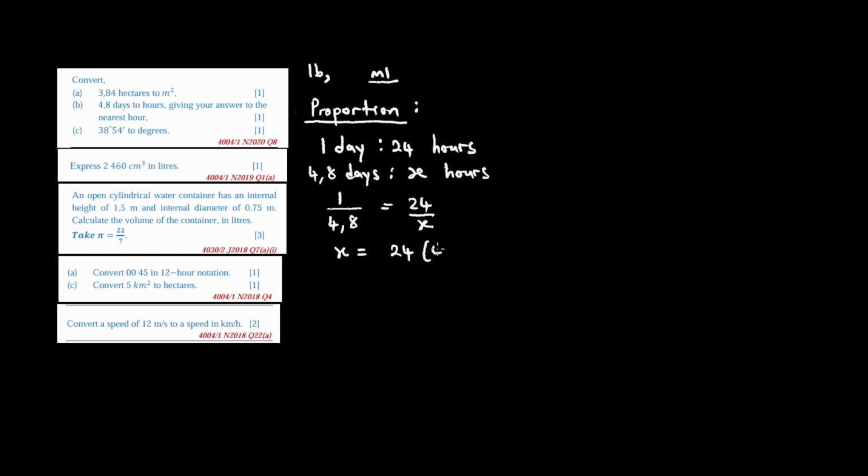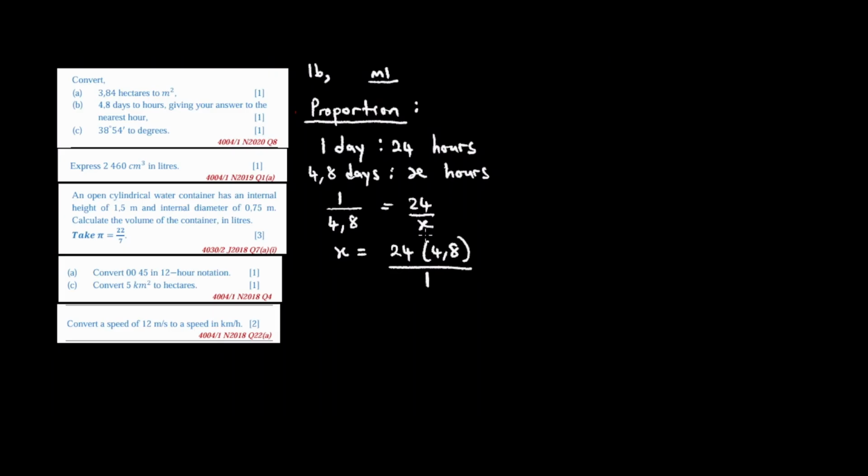Proportion says, since we want to convert days to hours, our true statement is going to be 1 day is 24 hours. Then our question: 4,8 days is x hours. Then we have a fractional equation. 1 over 4,8 is equal to 24 over x. After cross multiplication, x will be equal to 24 times